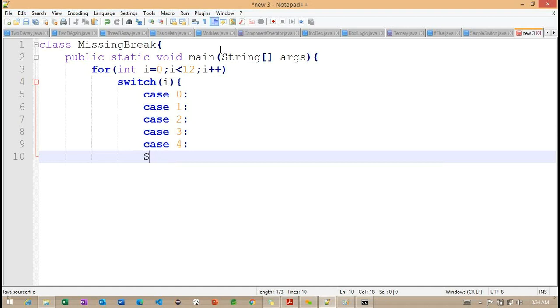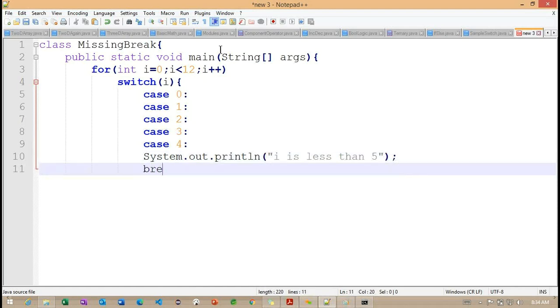For this 4, System.out.println, i is less than 5. I'm using break here.